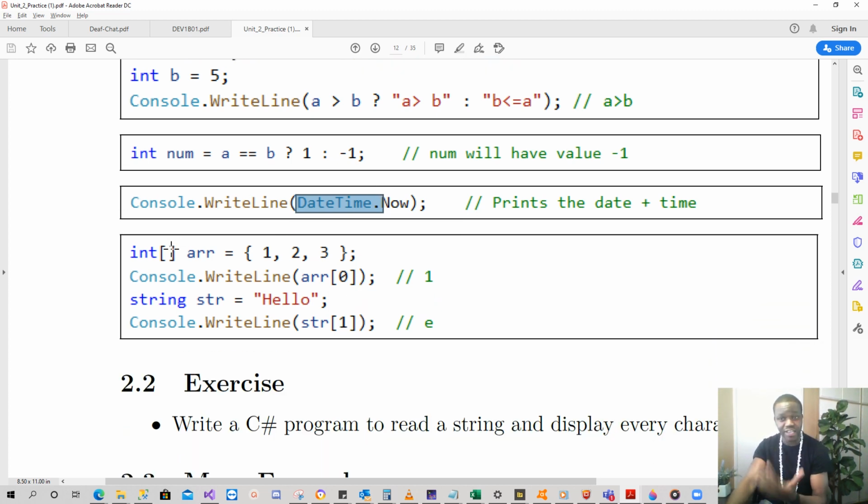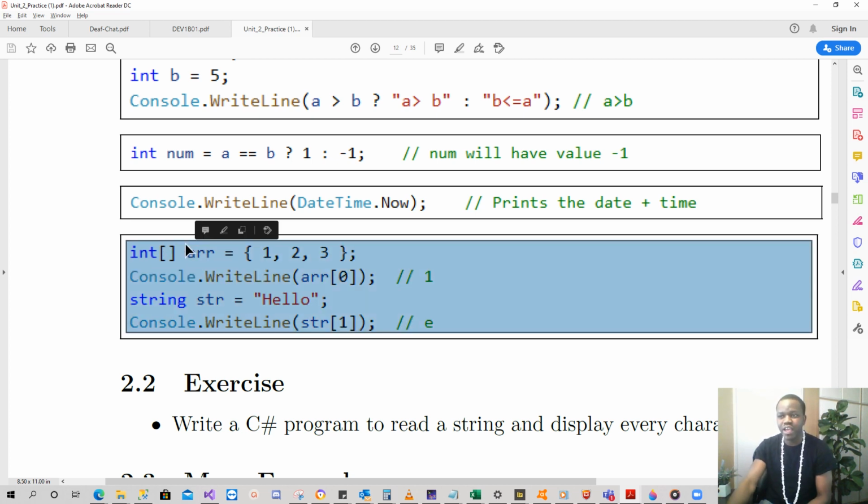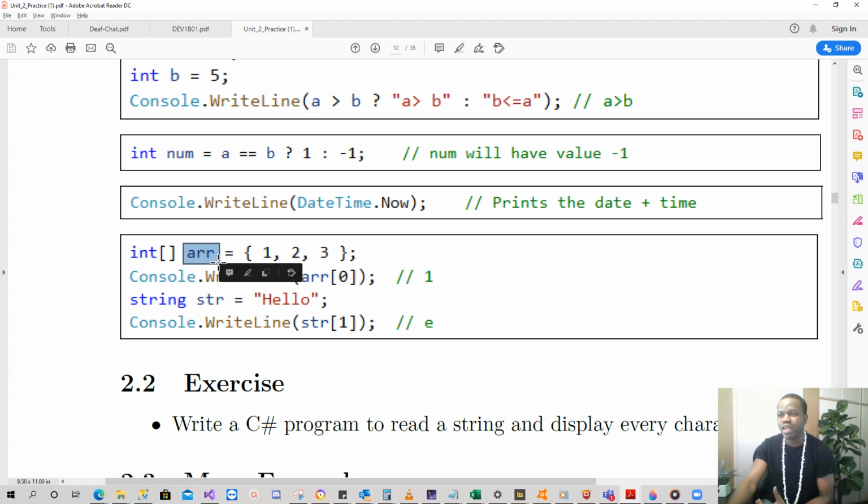And arrays, here's just a sneak peek at arrays. Just like every other variable, you can say int. However, you have to put the square brackets to indicate this is an array. Then give your array a name you want. In this case, I just give it the name arr. Then you can enumerate the items in the array with curly brackets, saying 1, 2, 3, all the items in the array. So the item in position 0 will become 1, position 1 will become 2, position 2 is now 3. So if you display the item in position 0, you're going to get 1